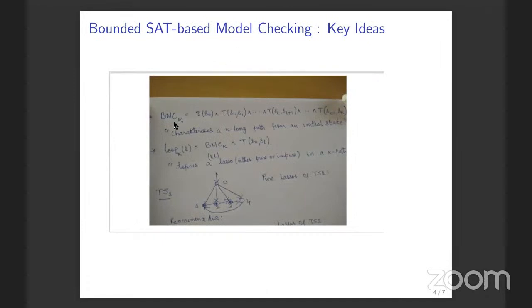So there is what I call a bounded model checking part, which asserts that there is a path of length k from an initial state. This characterizes a k-long path from an initial state. And then there is a lasso-ness check. It says that the kth,